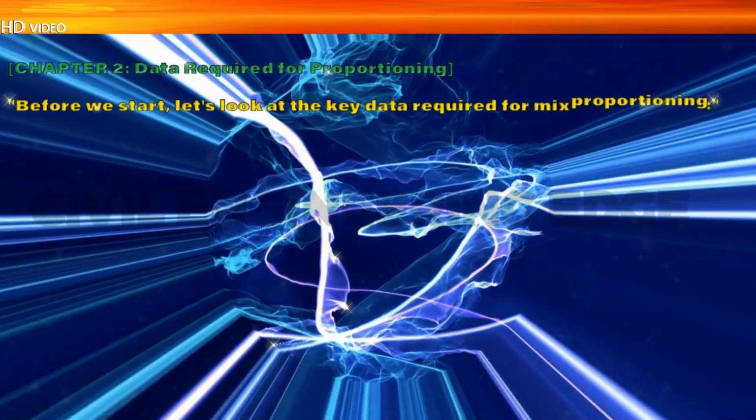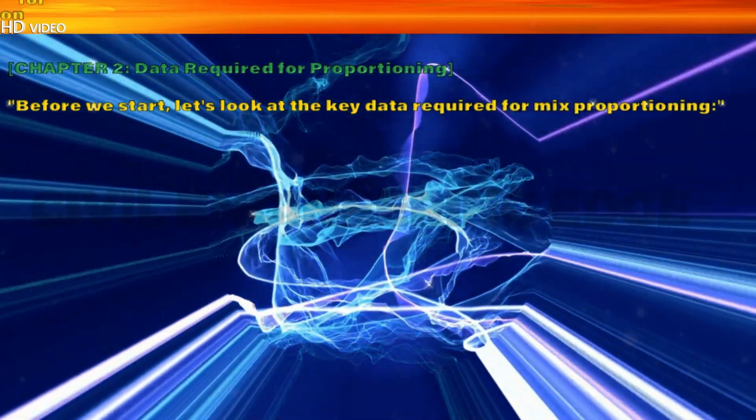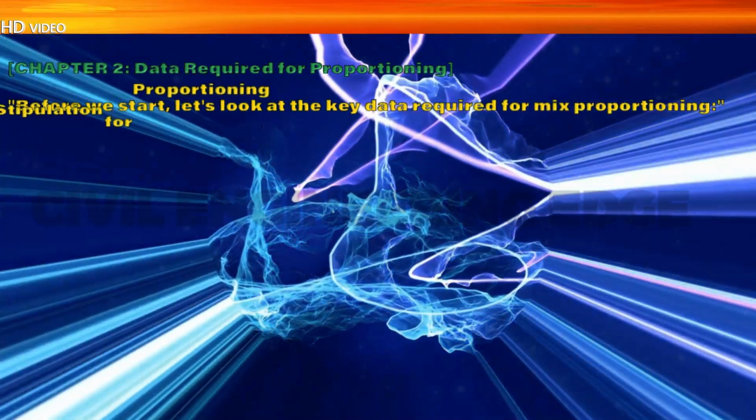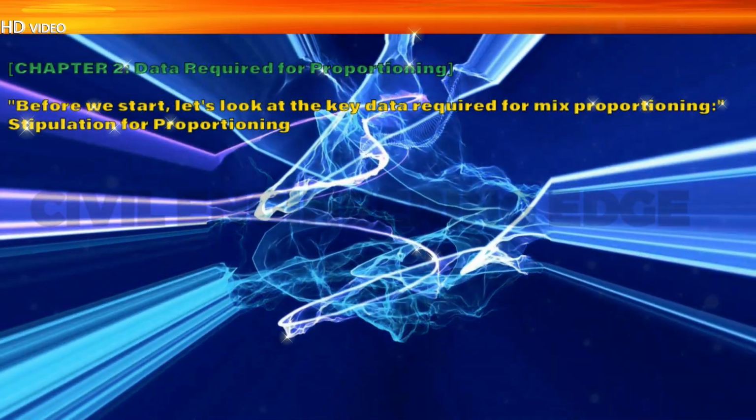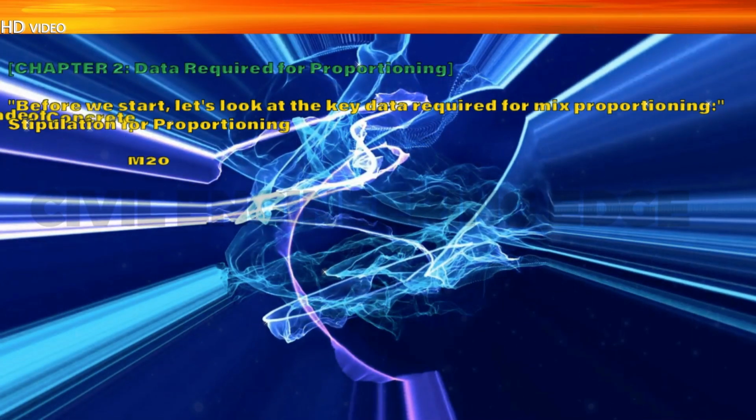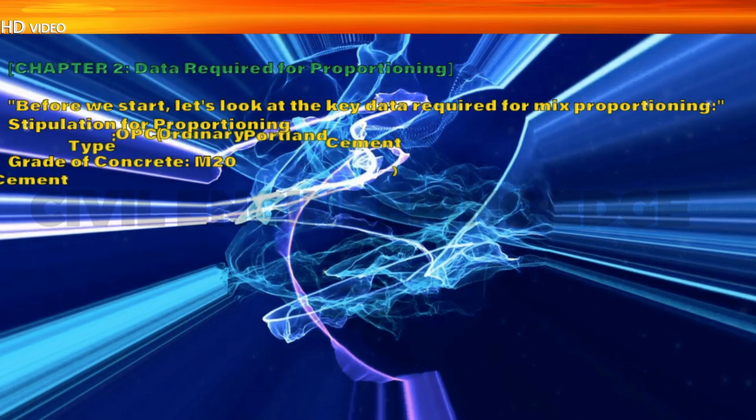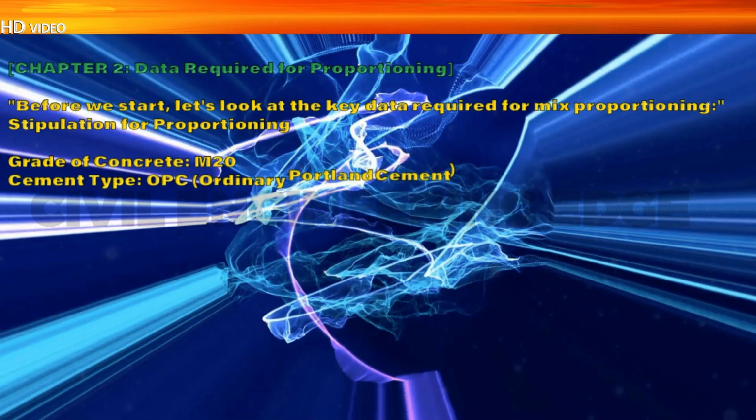Transportation time, 30 minutes. Standard deviation, 4.0 Newton per square millimeter, Indian Standard 10262, Table 2. Type of coarse aggregate, crushed angular aggregate. Maximum cement content, 450 kilogram per meter cube, Indian Standard 456, clause point